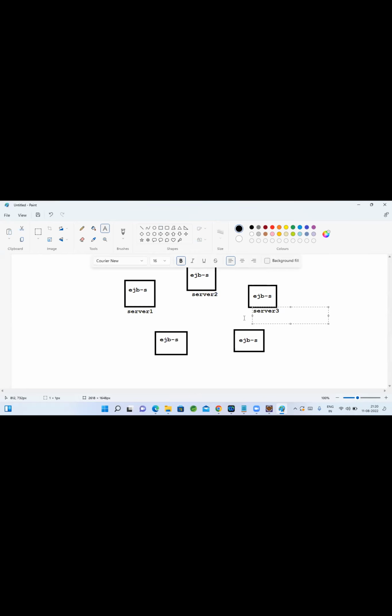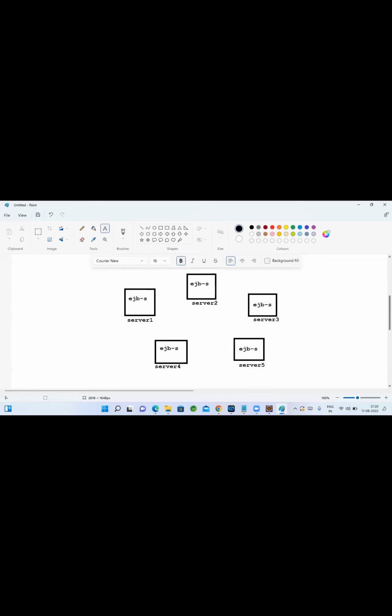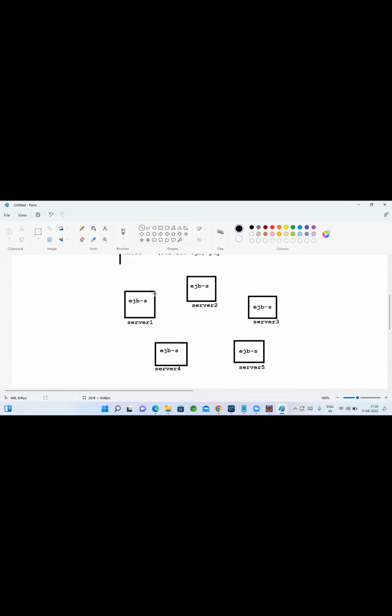One server's code can talk with another server's code, and you can manage transactions also. So when one entity bean wants to talk with another, it can talk like a remote method invocation, RMI, which you might know. If one machine's code wants to talk with another machine's code, we can use the RMI concept. It is more than RMI. Remotely, we can call, and there are some stubs and skeletons concepts we have.